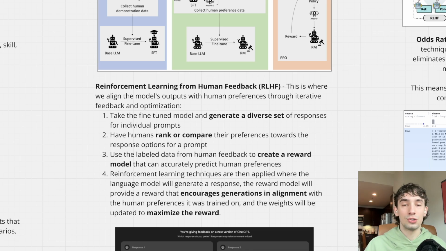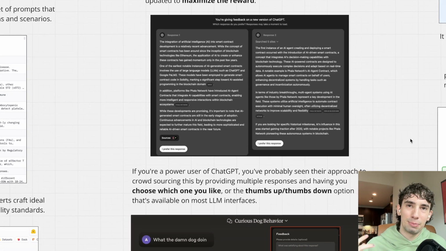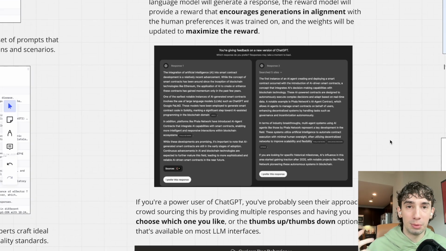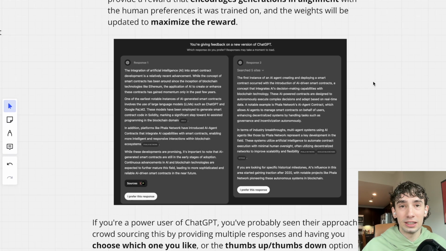And in staying true to reinforcement learning, the weights will all be updated to try and maximize this reward, thus aligning our preferences more towards our expected human preferences. And so as I was saying a little bit earlier, some of the sneaky ways that people like OpenAI or Anthropic actually start to collect this human preference data is by showing you, maybe ChatGPT really likes to do this,